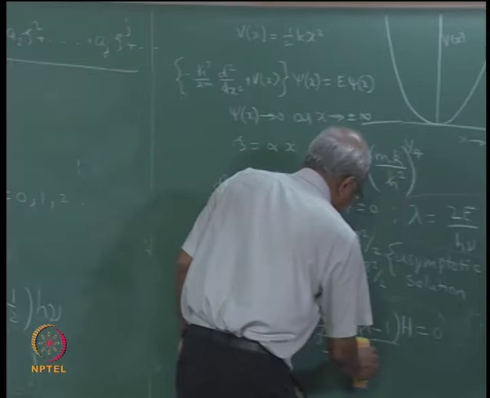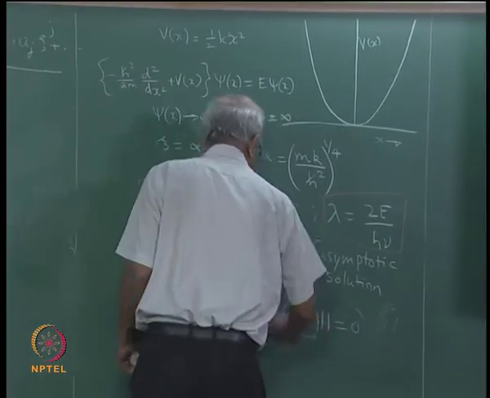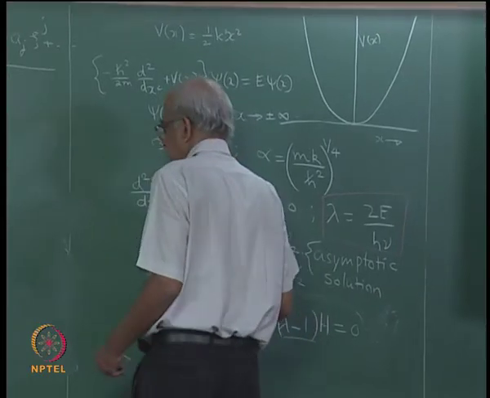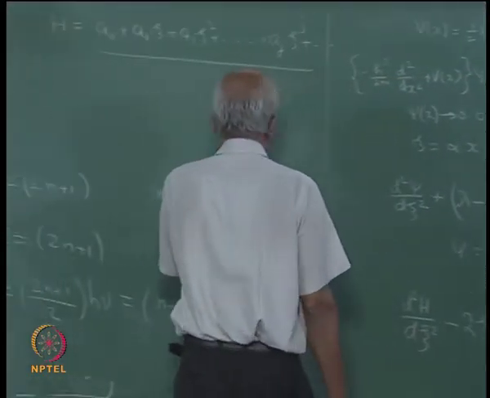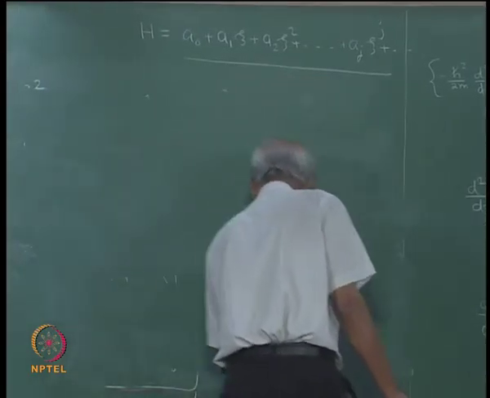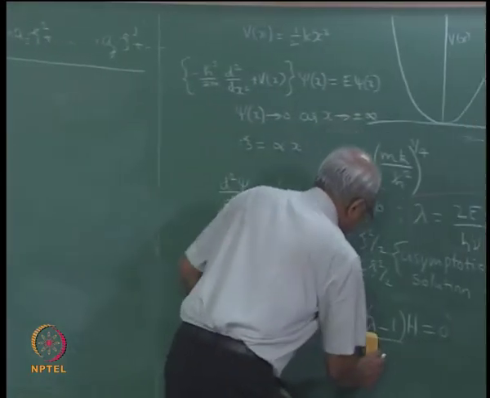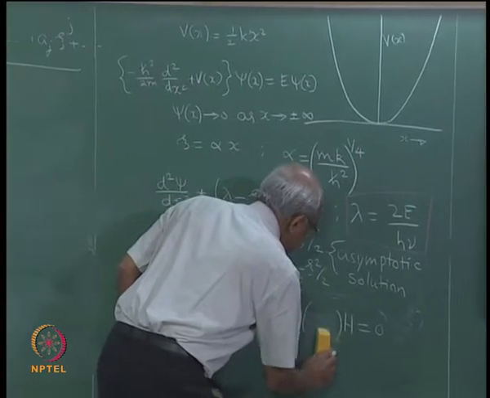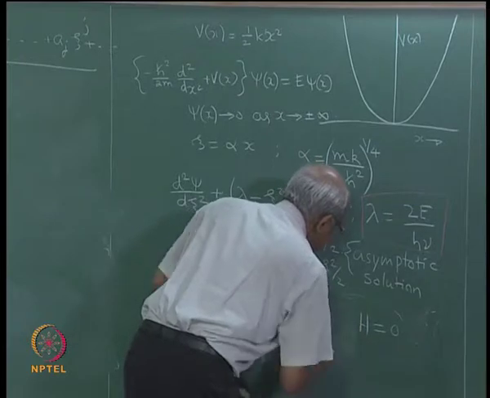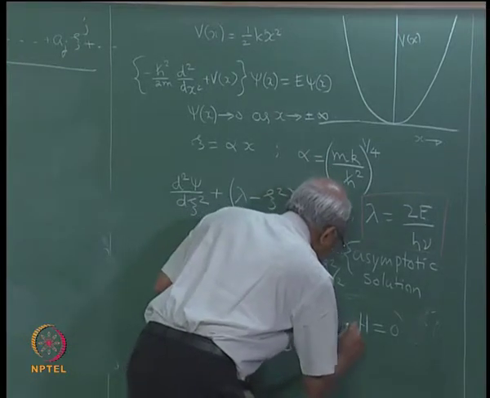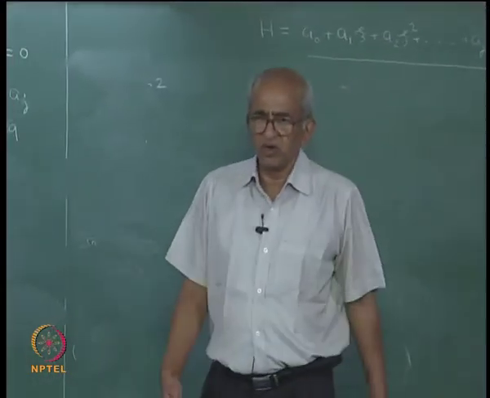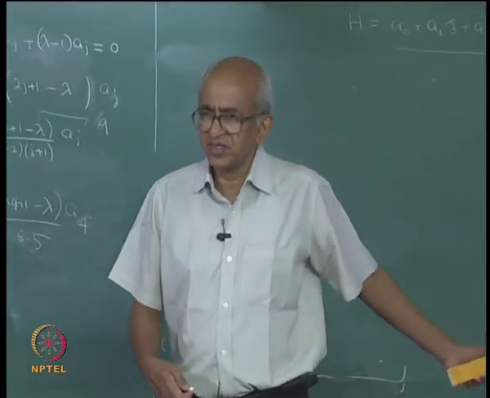And you can replace lambda in here with 2n plus 1, and you will get a differential equation which will read like so. Therefore, we know that the function h is a polynomial, it will satisfy this differential equation,